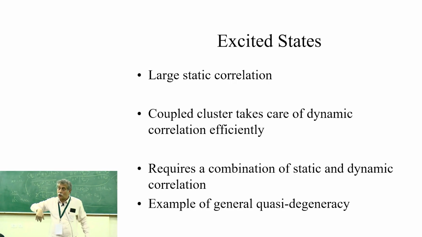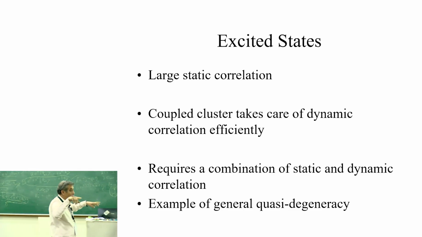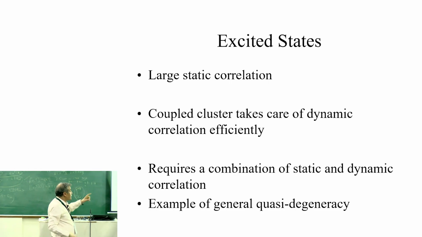So then what you should do ideally is that the large configurations, which have large amplitude, you bring them back to the reference, and then do an exponential T which does not include scattering within those determinants. So that was the idea of the exponential T on multi-reference. That is called static correlation, that reference space. So your MCSCF and all that could be like a static correlation, and then the exponential T is a dynamic correlation. Pure exponential T is a dynamic correlation. That is why a combination is required, and that is why multi-reference coupled cluster is very hard.